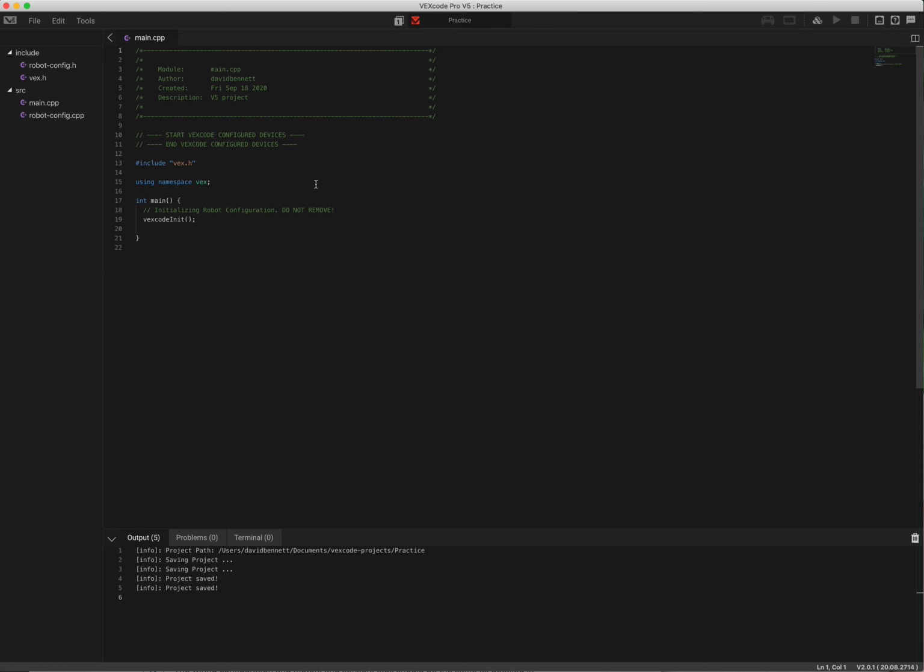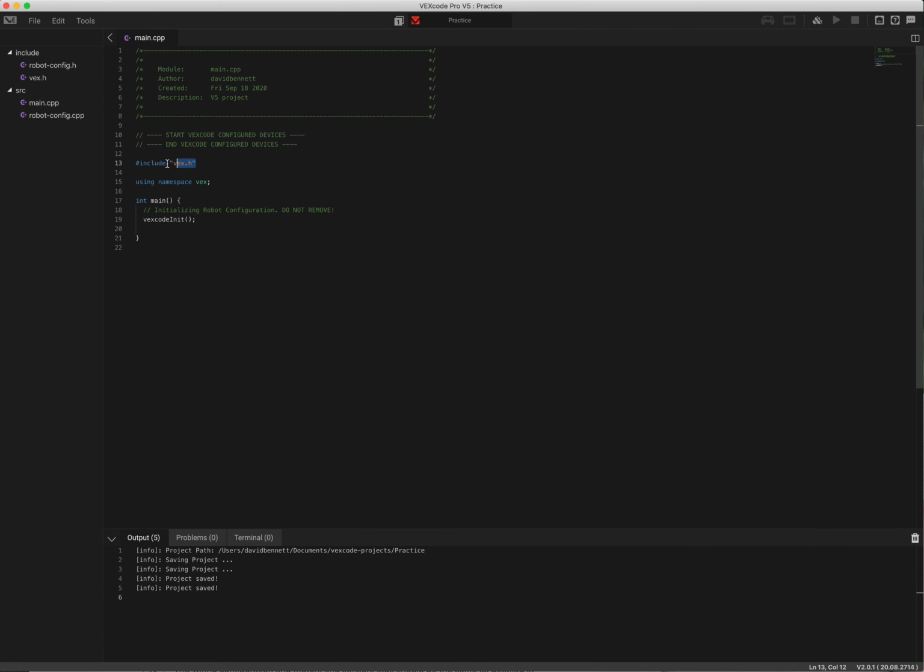Now once I hit Create, I'm going to see that I have a header here that gives me the name of our main program, which we'll leave as main, your name, the date this was created, and then a basic description. And the only thing you really need to change is your name to make sure it is correct. Below that, we do see include